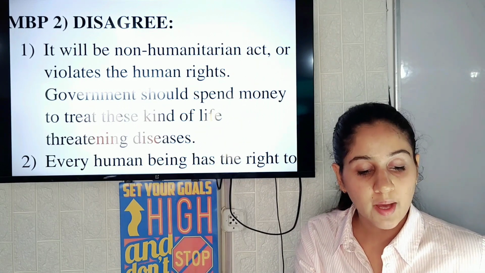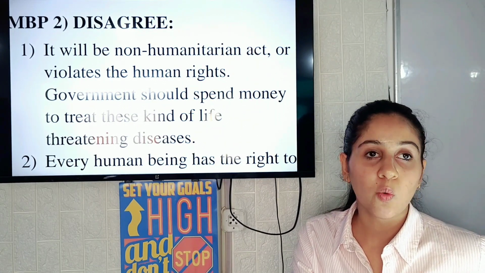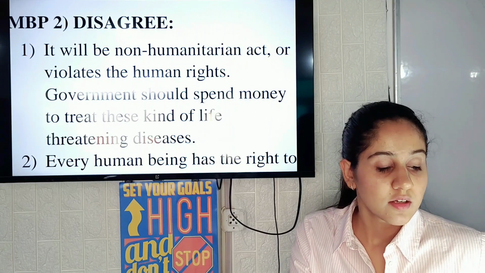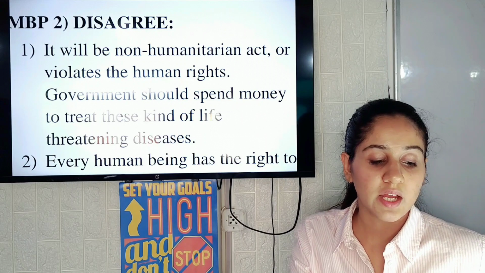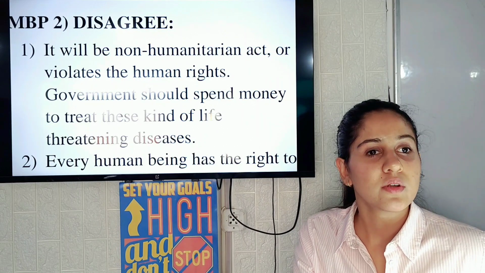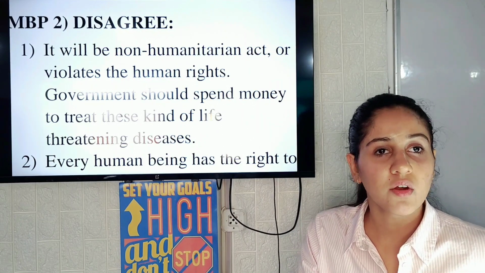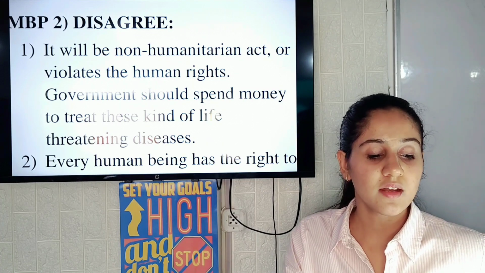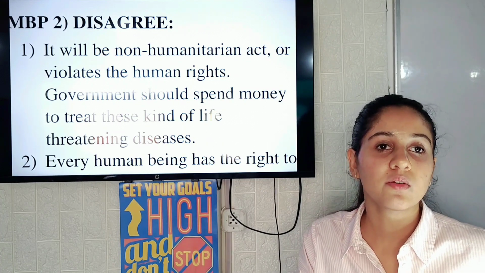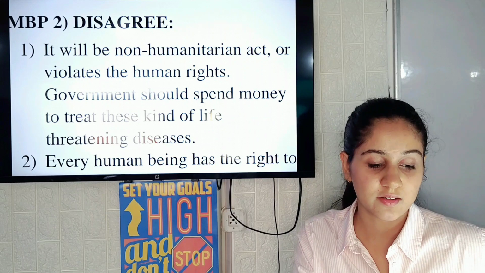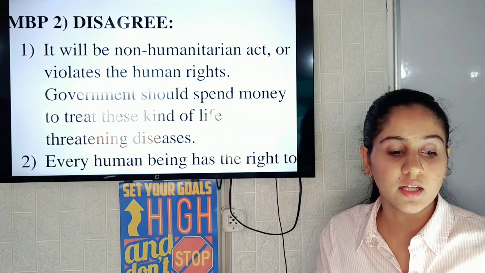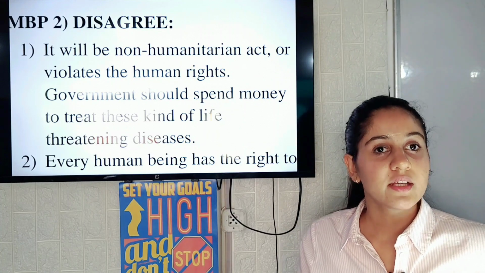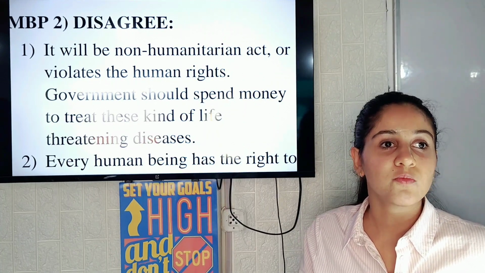It will be a non-humanitarian act, or it violates human rights. Government should spend money to treat these kinds of life-threatening diseases. So definitely if a person is given a drug and killed, then it's violating human rights. It's a non-humanitarian act. So the government should spend on such life-threatening diseases,